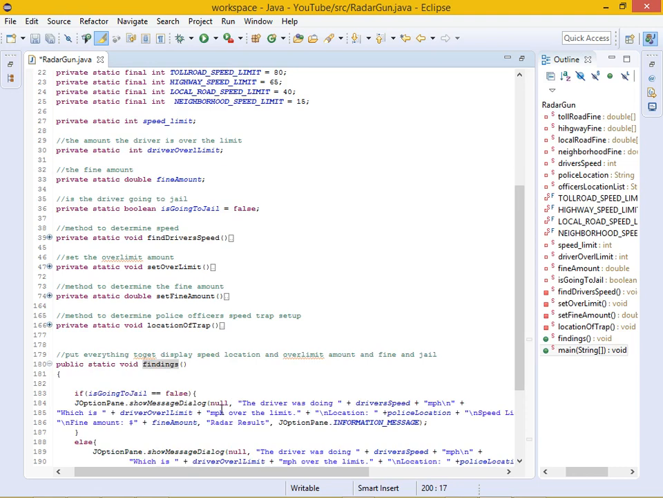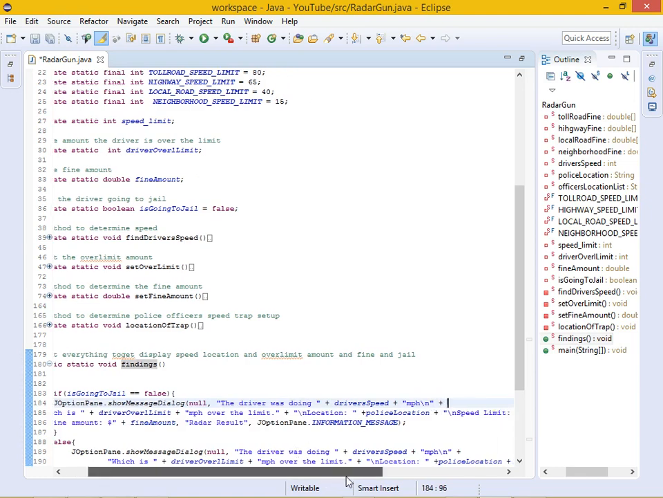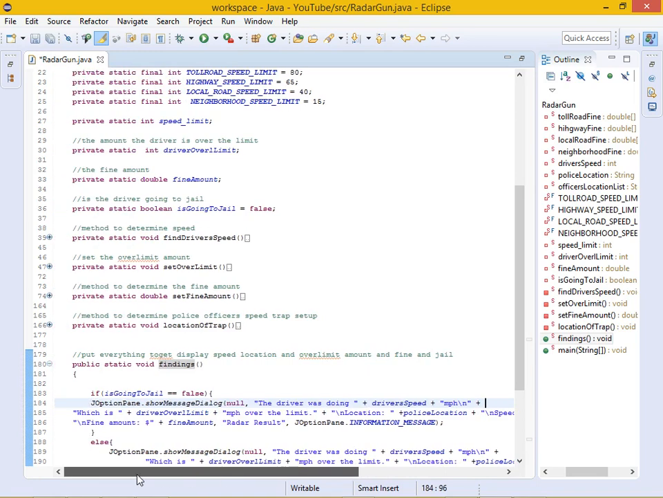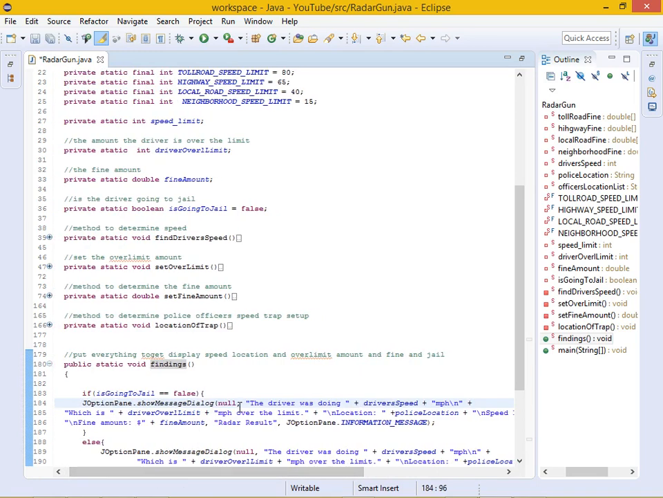So I'm not taking any kind of input. I'm just displaying information. And one thing about this, if you notice, I have all these plus signs. I'm concatenating the string so it can be readable, so you don't have to scroll all the way over here. I add a plus sign and bring it down to the next line. If you go through this JOptionPane message, it says the driver was doing this amount of speed, which is blank over the speed limit. And then I list out the location, the speed, the fine amount,